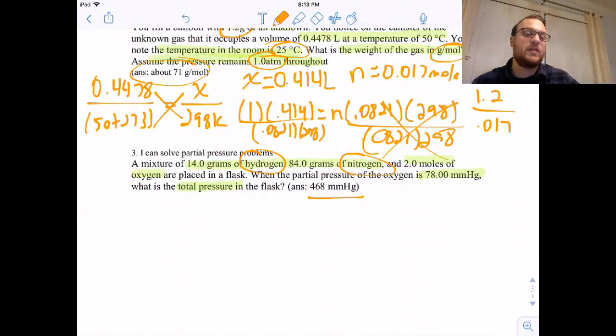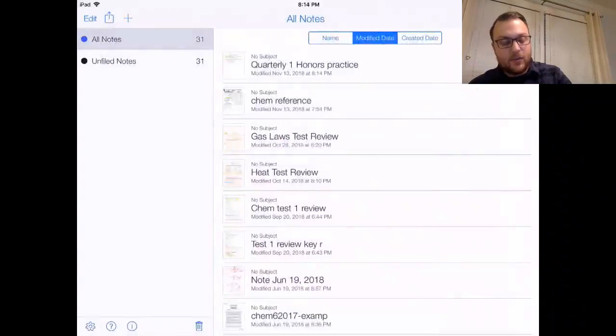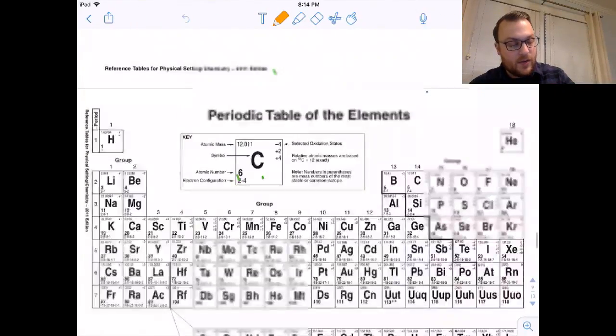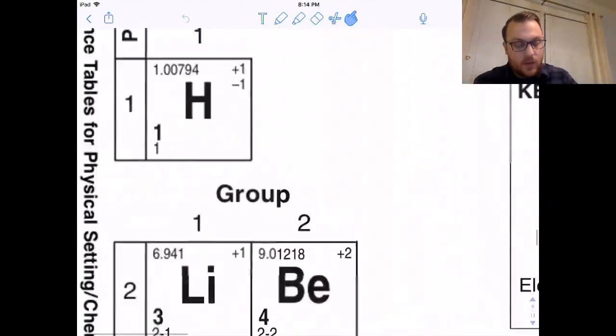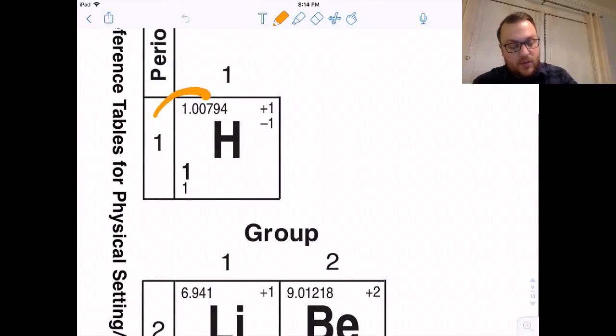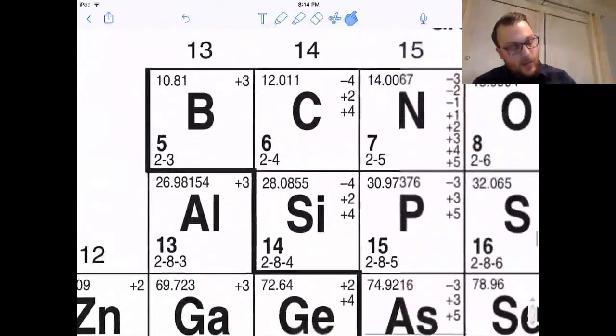So, if you go to the periodic table, we're just going to look up the weights of nitrogen and hydrogen. Hydrogen weighs about 1, so I'm just going to round that down to 1, make our life easy. And nitrogen weighs, again, pretty